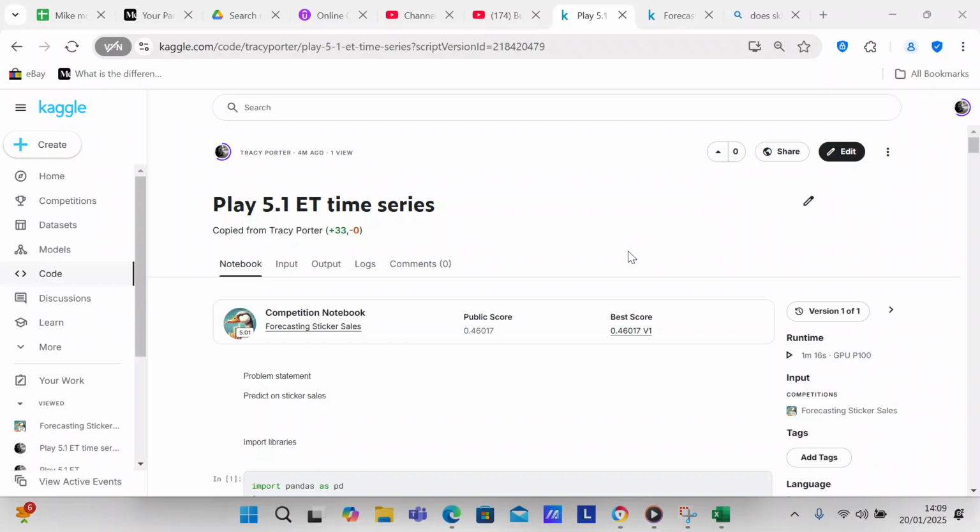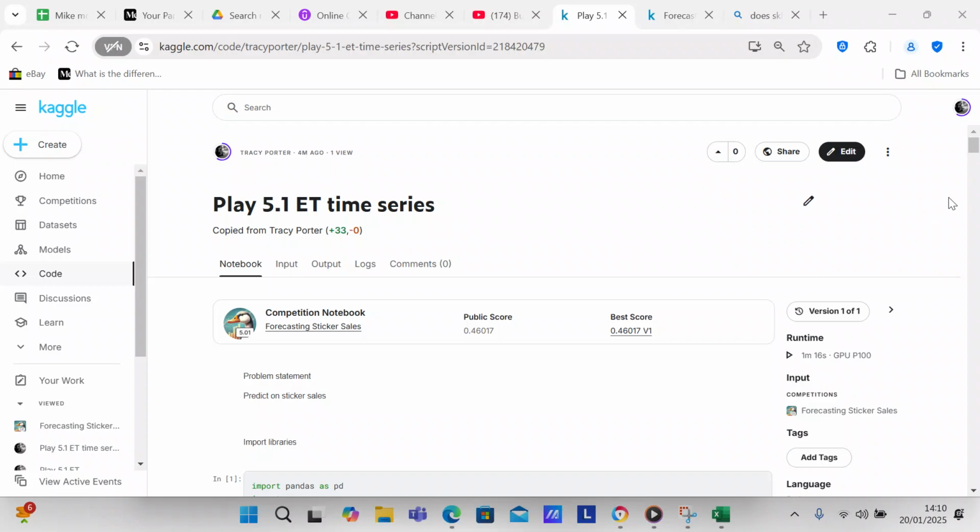I got that particular block of code from a notebook somebody else made, and this person got a silver medal on it. So I'm going to go ahead and commence with the code review.